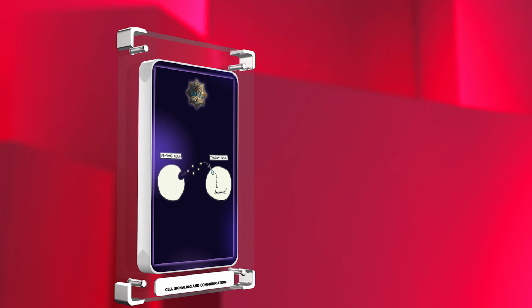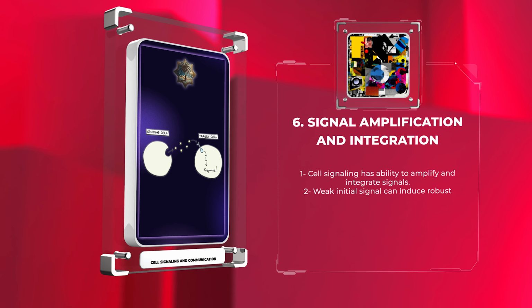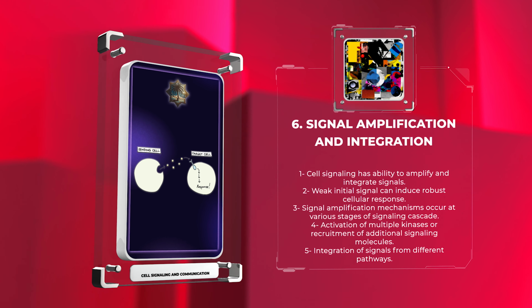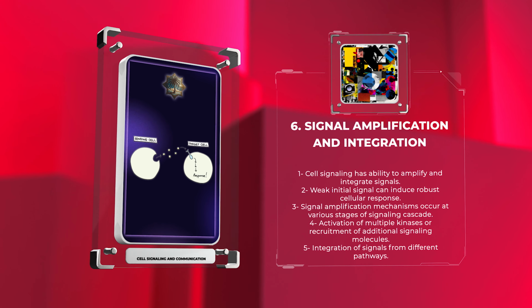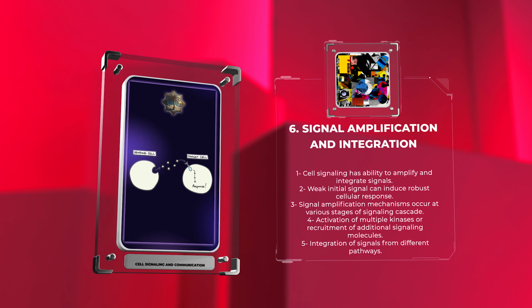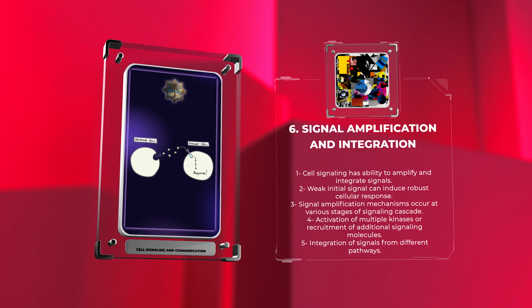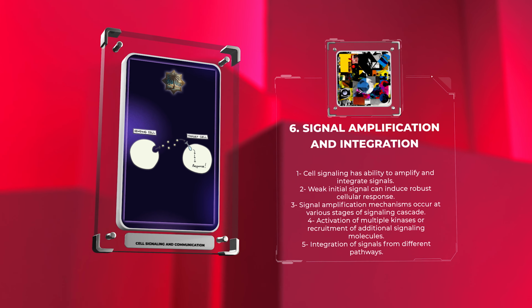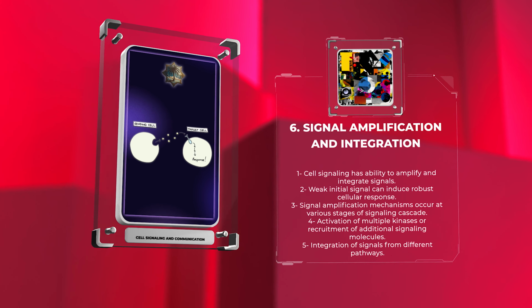One remarkable feature of cell signaling is its ability to amplify and integrate signals. Even a weak initial signal can induce a robust cellular response through signal amplification mechanisms. This can occur at various stages of the signaling cascade, such as through the activation of multiple kinases or the recruitment of additional signaling molecules. Integration of signals from different pathways allows cells to integrate various inputs and make appropriate decisions in response to complex